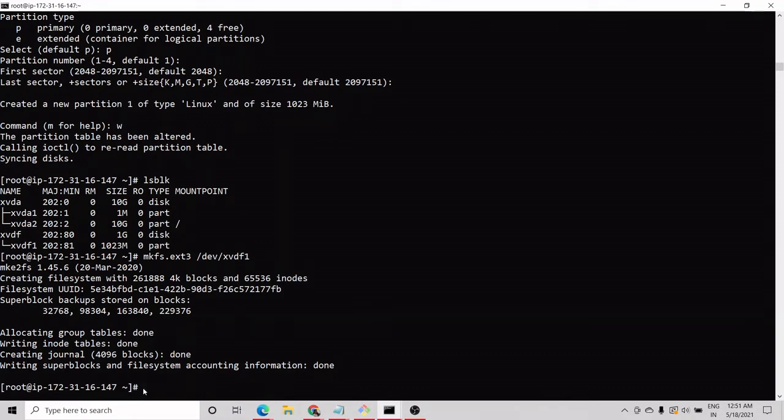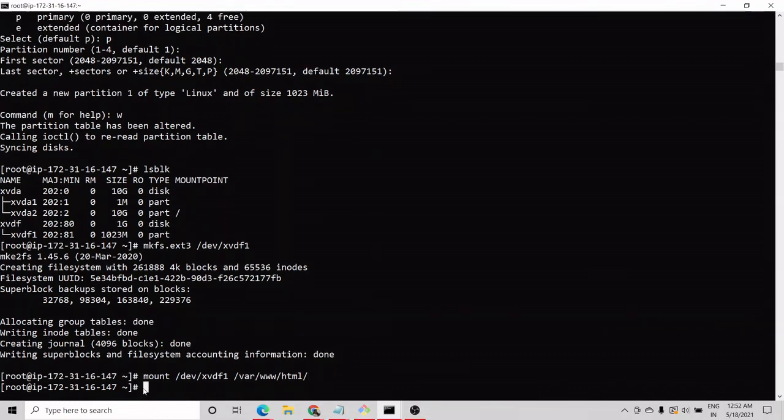For mount we have the command mount, /dev/xvdf1 over our folder. The name of our folder is /var/www/html. Okay, so we have mounted this partition of this disk over our web folder.